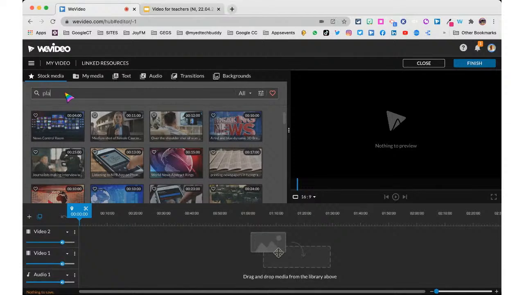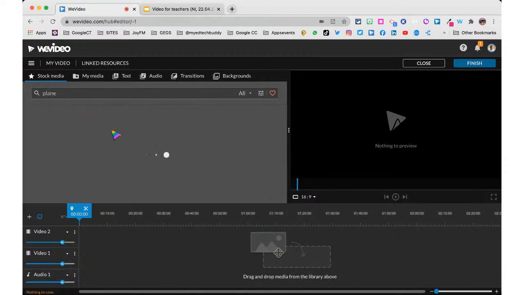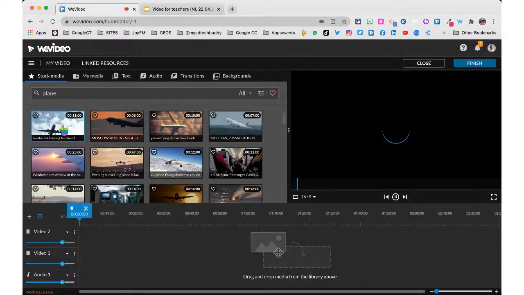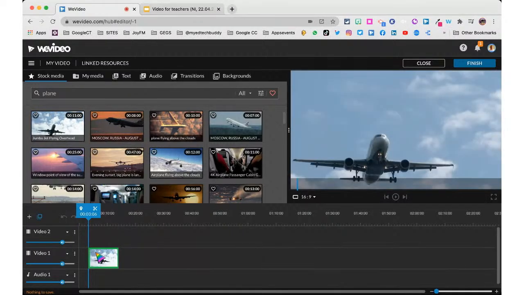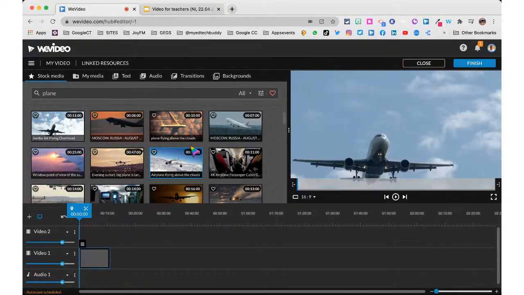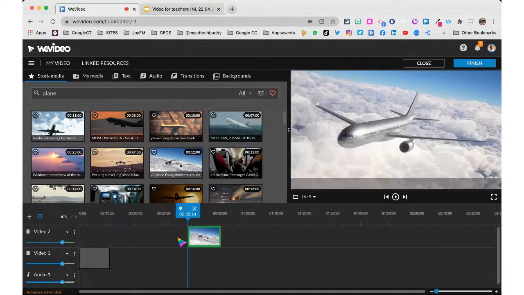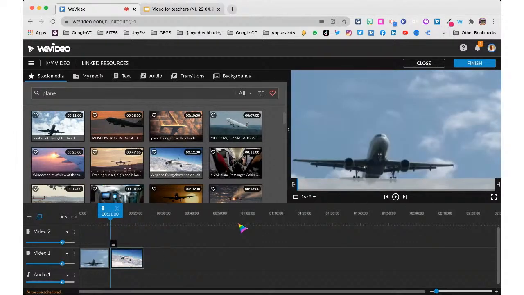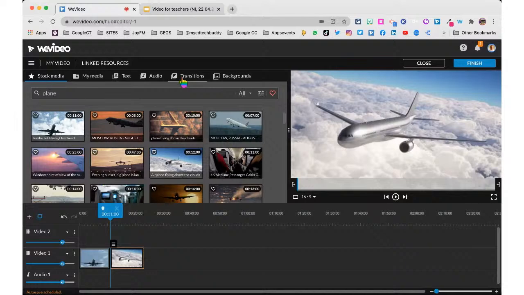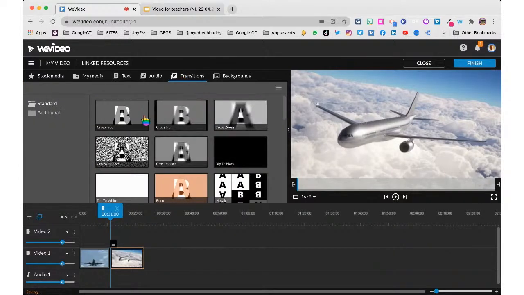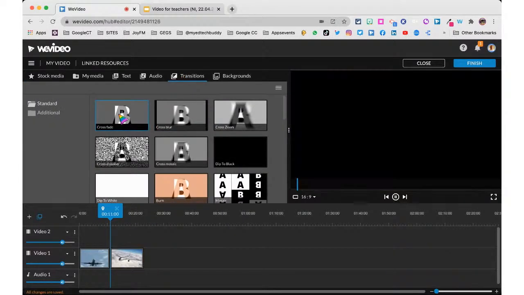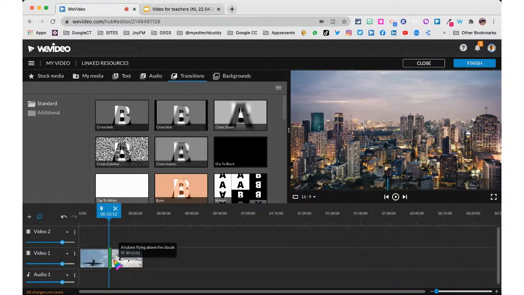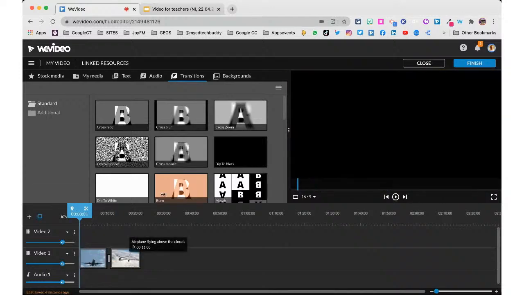Let's add in a plane, for example. See what we can find. There's a jumbo jet. I'm just going to drag it into the video content. And then there's another one going a different way, and drag that in. But I want a nice seamless transition between the two. So all I need to do is go to transitions, and I'm going to use, I think, crossfade there. And when I preview that,